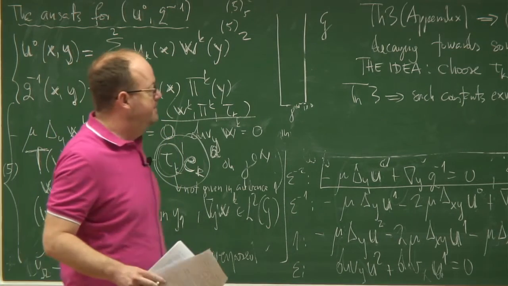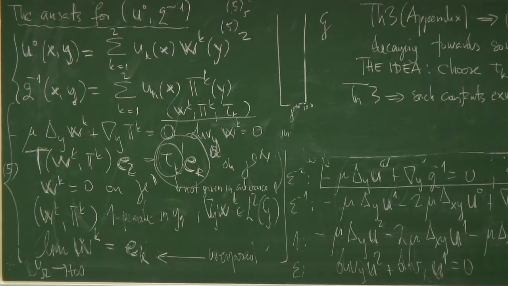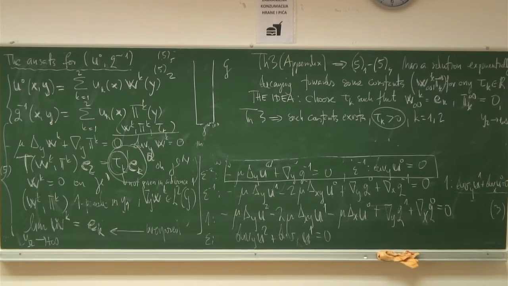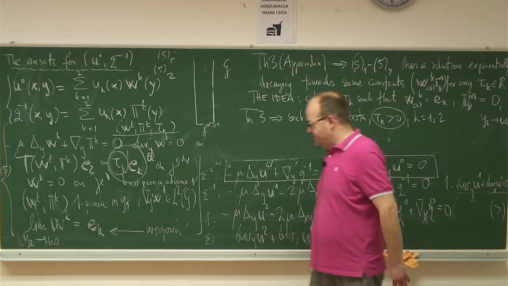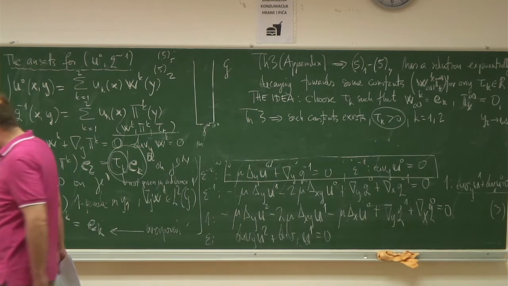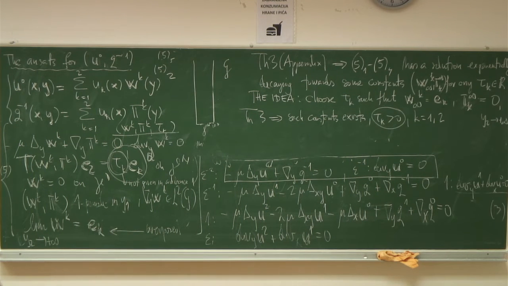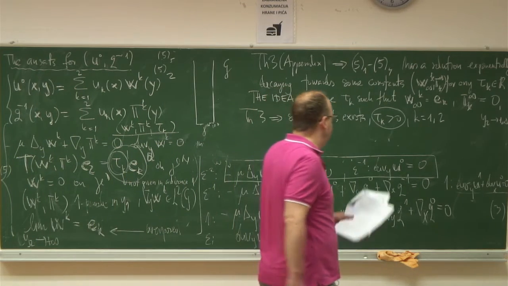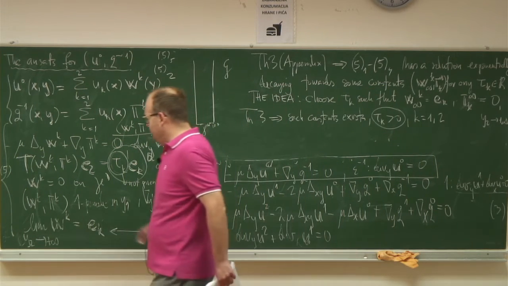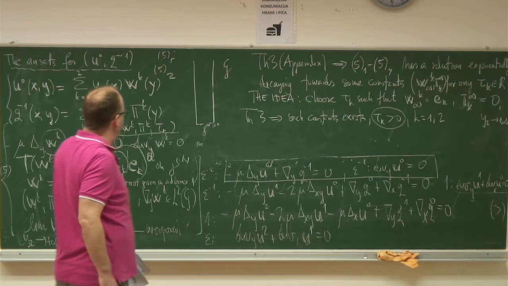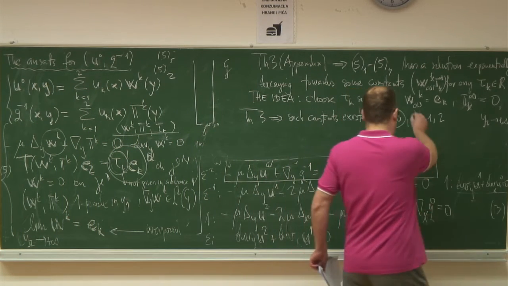And the result guarantees that this triple exists. And it can be proved, you can see the details in the appendix, that it is of positive sign, which is important for the purpose of the analysis in the second. And now, by choosing these auxiliary functions, w_k, to stabilize towards this unit vector,